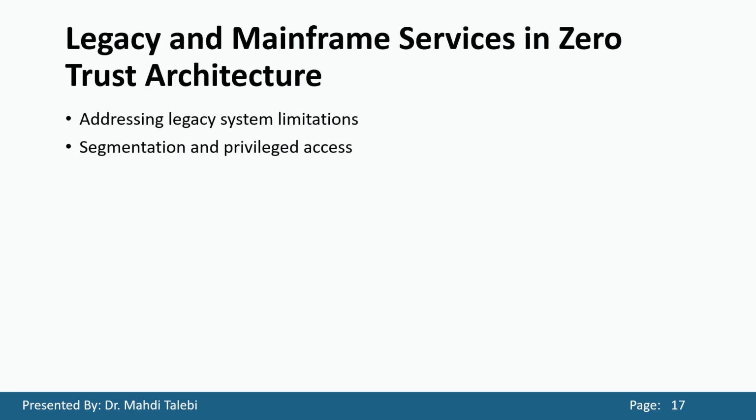Legacy and mainframe systems often remain critical elements within industries such as healthcare and finance, despite their limitations in supporting modern security controls. Zero Trust strategies necessitate compensating controls like segmentation, intrusion detection, and firewalls to mitigate risks inherent in legacy systems. For mainframes, segmentation is essential for network isolation and communications control, alongside privileged access management to ensure secure